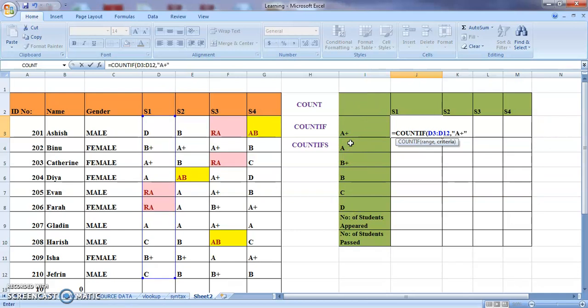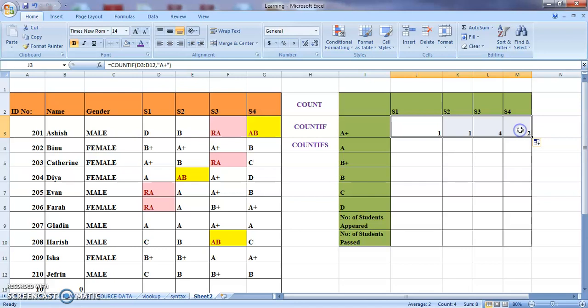Then close the bracket and press enter. You can see in this range there is only one A plus. Now let us extend this formula to the other cells. In S2 we have only one A plus. In S3 we have 4 A plus: 1, 2, 3, 4.